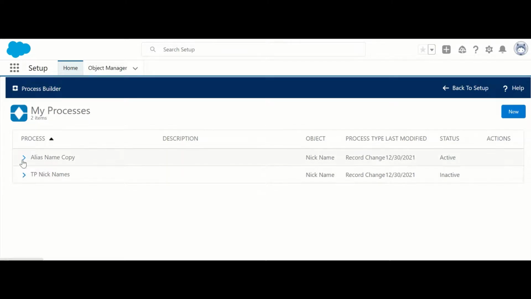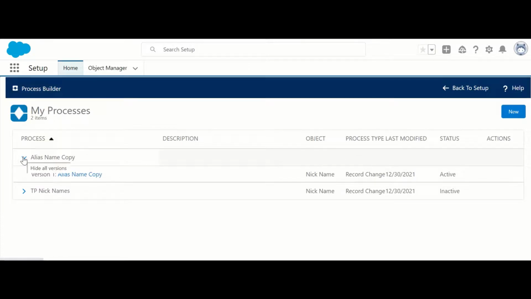In this, alias name copy is our process. Now you can see only one version is here, that is alias name copy, and that is active also. Click on this.